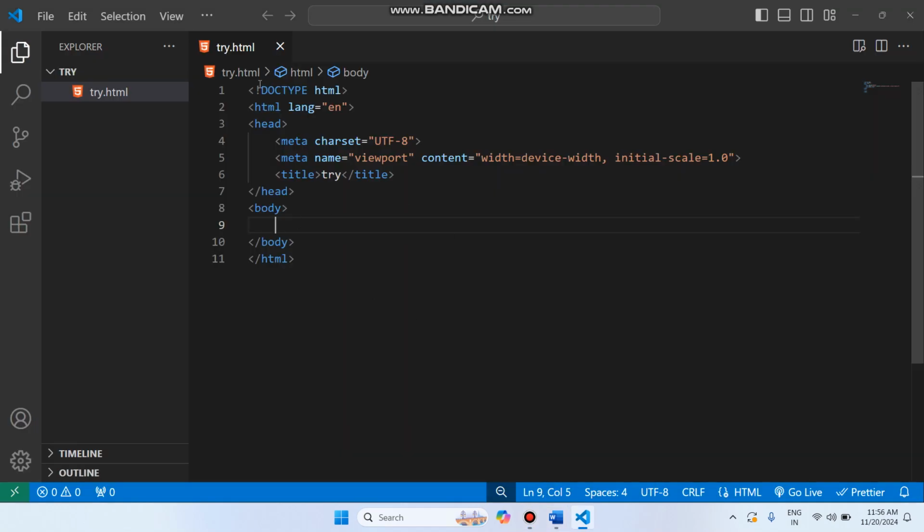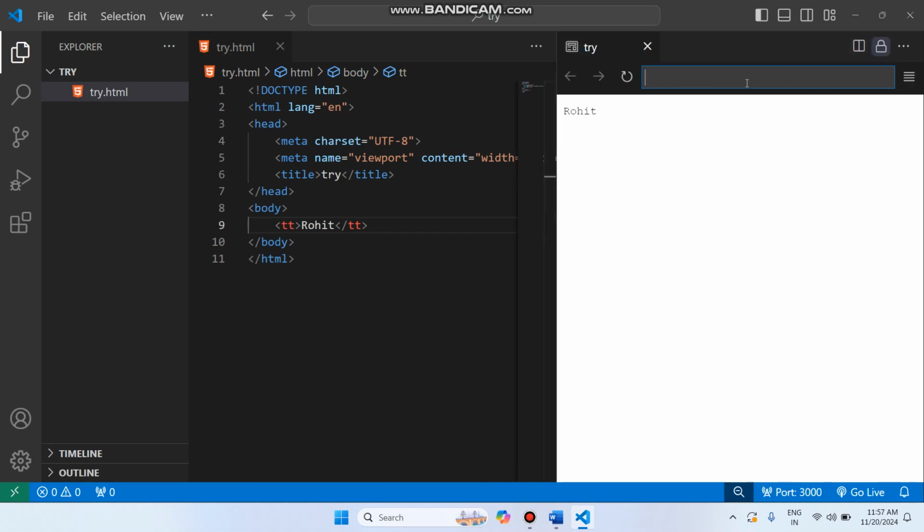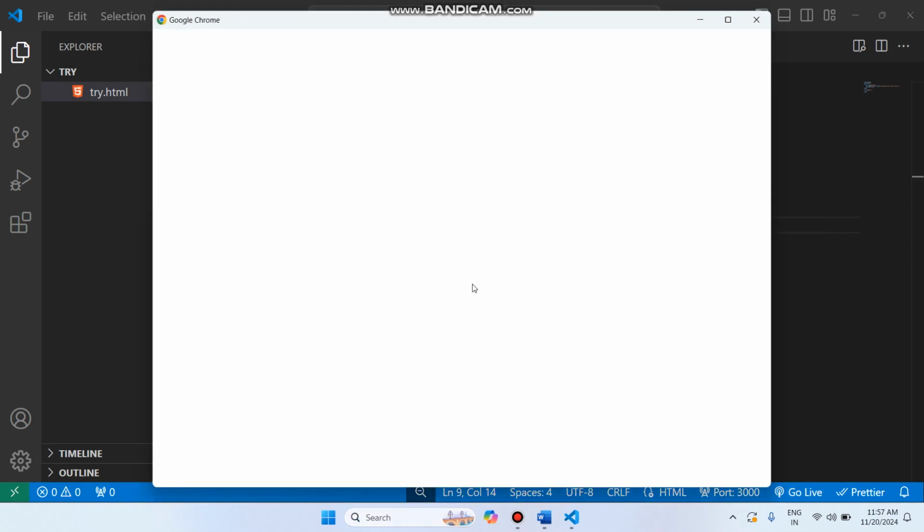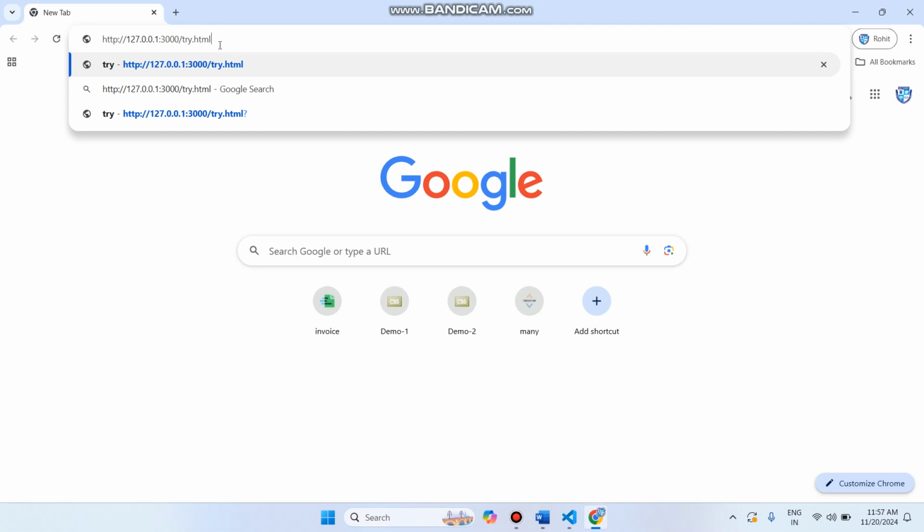Now you can see how we can do that. I'm going back again to my try.html. I'm going inside of the body, and I'm just writing over here the TT tag. Now the TT tag is ready and I'm writing my name. Now you can see how exactly it is reflected. Control S to save. I want to open it with Google Chrome. I'm choosing the account I'm using, and I want to paste it into the URL section. Now you can see this is exactly the TT type of